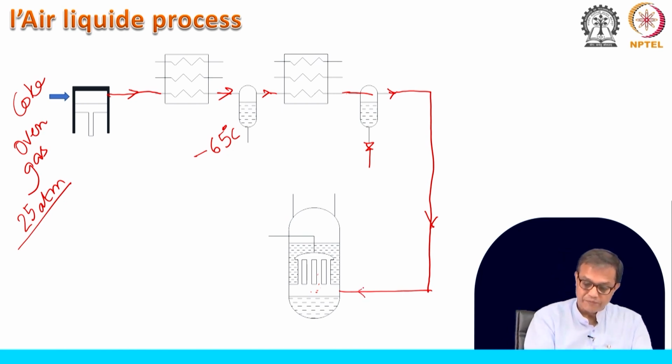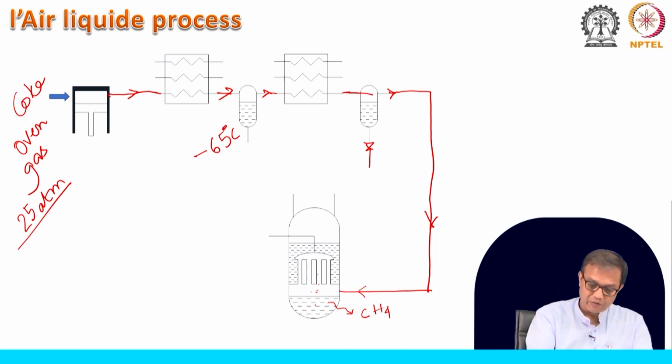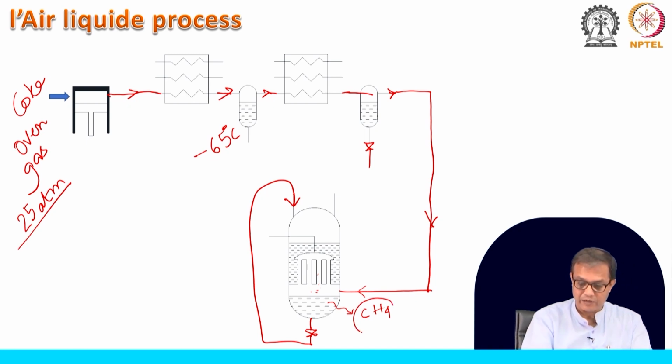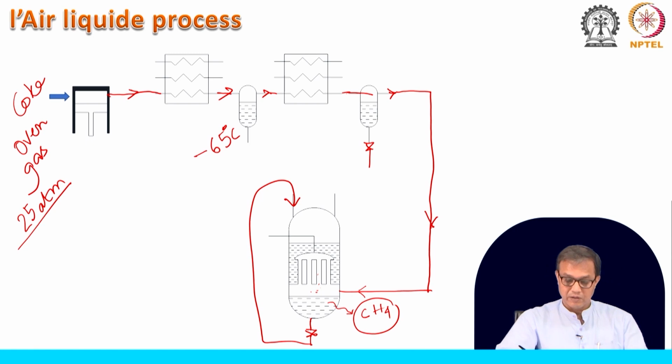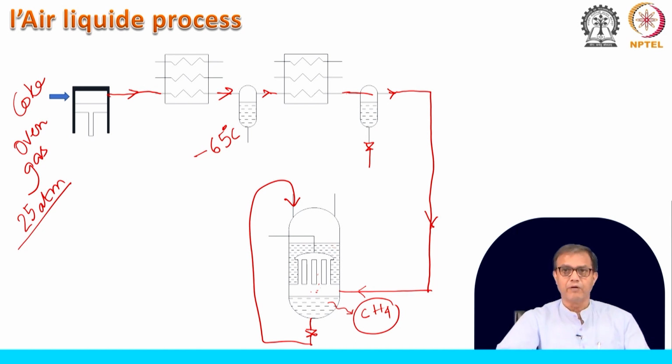So, what we have here, imagine that we have produced some amount of liquid methane here. So, this liquid methane, along with other components, it will not be only liquid methane. So, that will come out from here, and then again we will expand it, and put it back to this side. So, if we have been able to create some amount of liquid methane, we will see how it really has been produced. So, we will put it as a refrigerant on one side of the tube, and once we have provided that refrigeration,